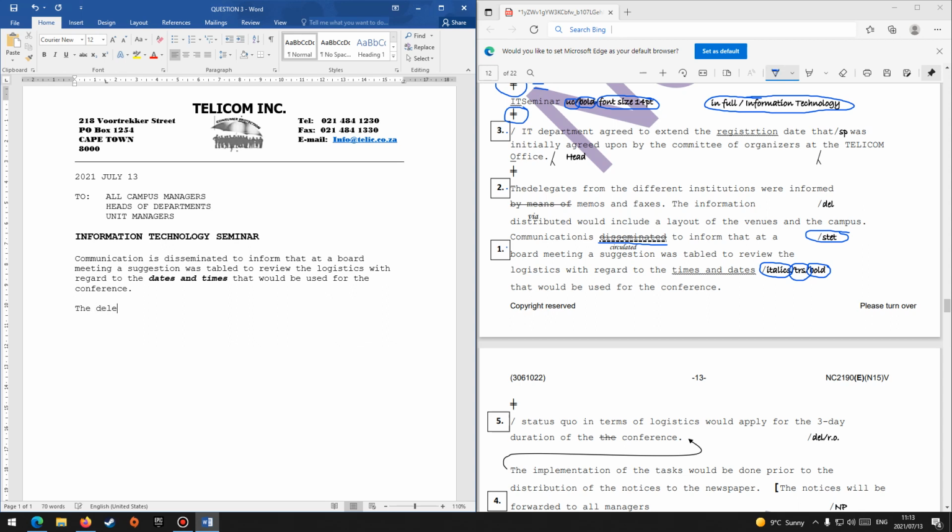The delegates from the different institutions. Spelling mistake. Institutions were informed